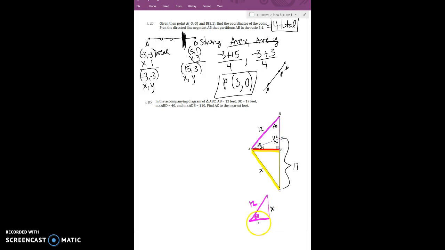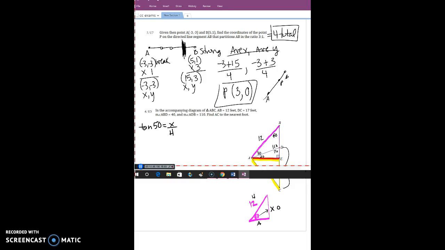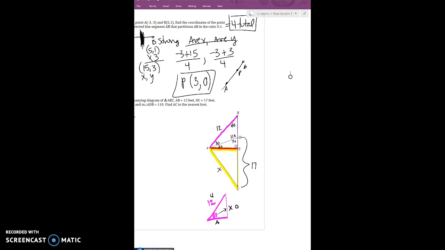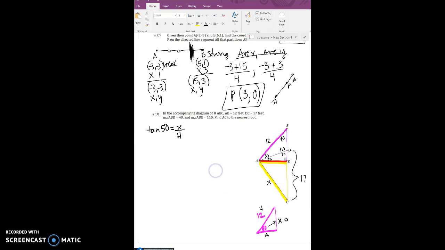Now again, this is my adjacent, this is my opposite the 50, and this is my hypotenuse. So opposite and hypotenuse, I'm going to use the tangent of 50 equals x over the hypotenuse, which is 12. Okay, and I'm going to find